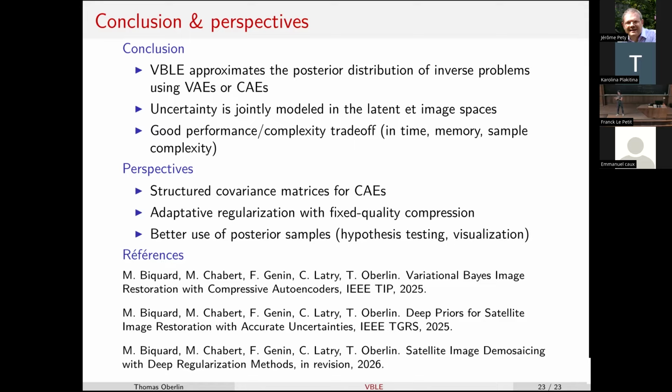You need to summarize the information in the lower dimension. But actually, if you do this, you will have a higher reconstruction error, because the range of the decoder of the generative model will be a manifold of small dimension, which is essentially the dimension of the latent space. And for the kind of VAEs or CAEs we use, the latent space has approximately the same size as the image space. So it's an image compression, but it's not a compression in terms of latent space compression.